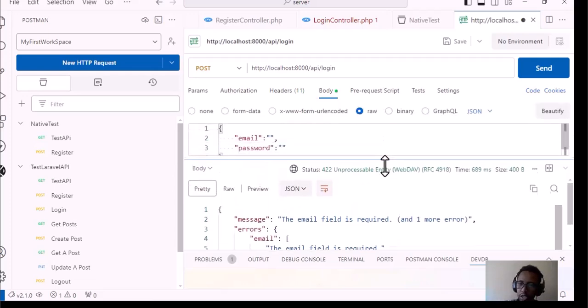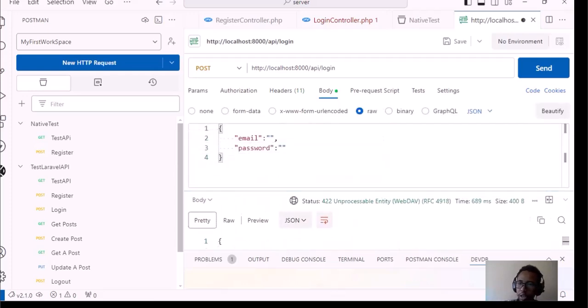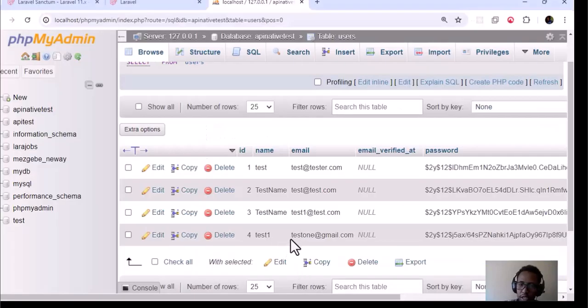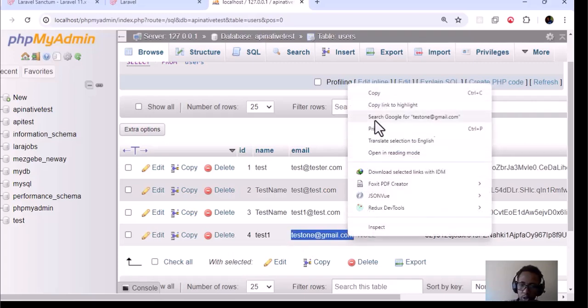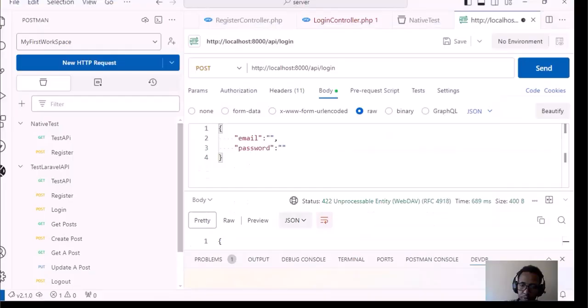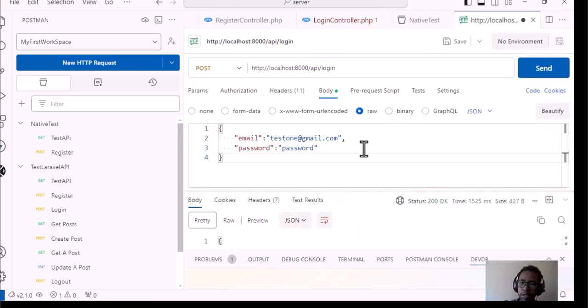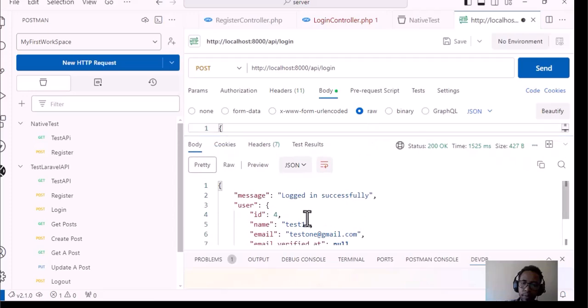Now let's go to the browser again. The email is test1@gmail.com. Let's copy this one. Let's paste it here, and the password is password. Now if we hit login, we get the user logged in successfully,